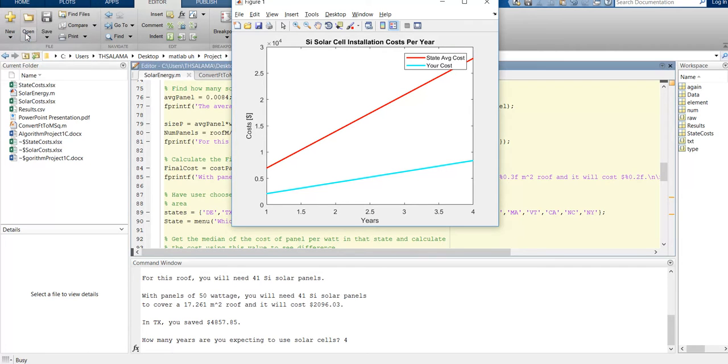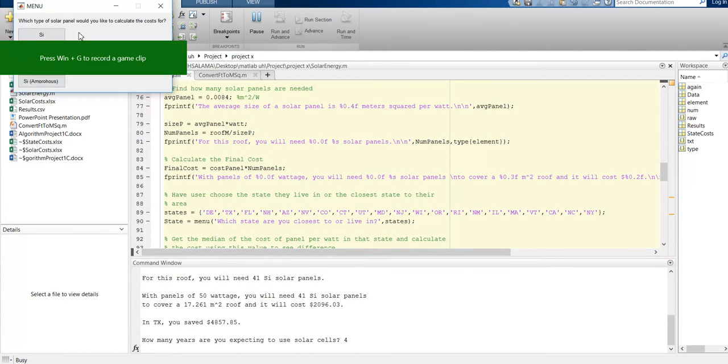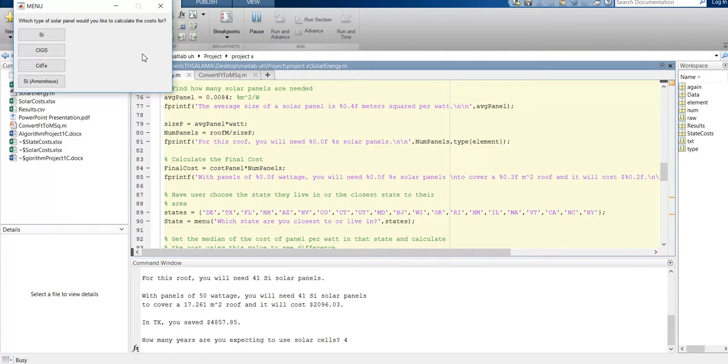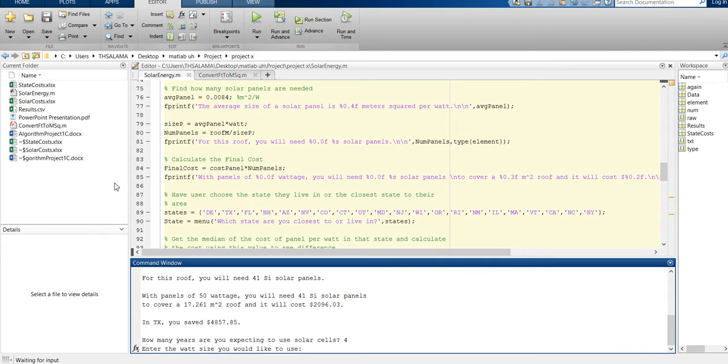If I say yes, you can see the code repeated again. So this time I won't do data validations. I'll just go through the second test case using CIGS material. So click this, enter the watt size you would like to use. The watt size